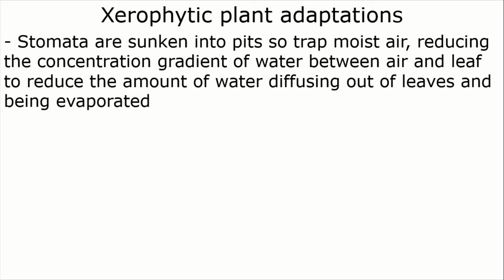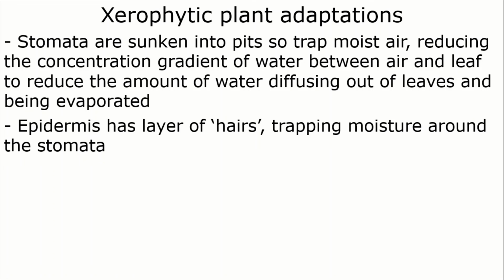And then in the heat of the day, when it gets very, very warm again, they reduce this concentration gradient between the air and the leaf, because if evaporation is going to occur, it's going to evaporate this moisture that's been trapped in this pit